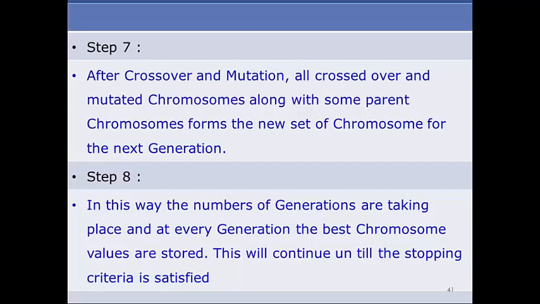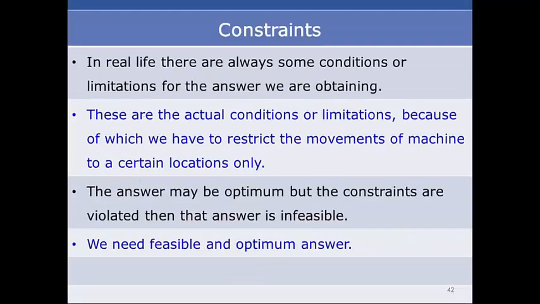And by that time, all these values we are saving, and the particular chromosome which gives us the minimum of the fitness value, the objective function, that particular one will be used as the optimum solution for our further operation. So this is the way in which the genetic algorithm case study was used. Some more parts were there, the constraint part was also there, but as we are running short of time, I stop here.